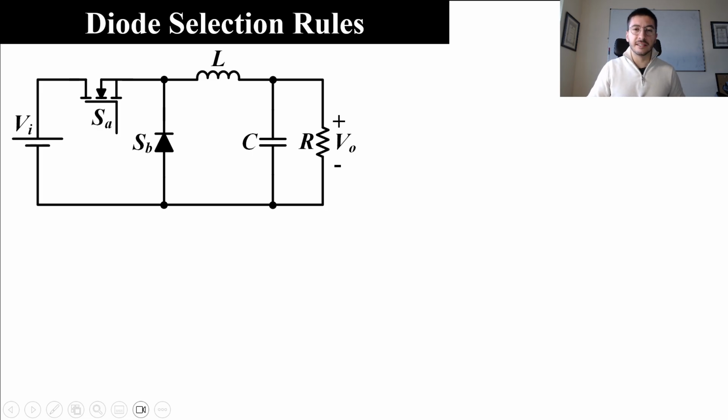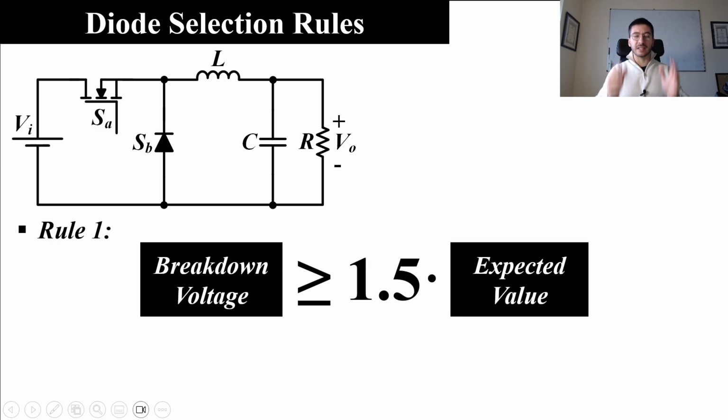Hi, let's see the diode that we choose for our buck converter design. As in the case of the MOSFET, we are going to talk about three rules we have to follow in order to choose this device. As in that case, these rules are personal and they were set considering this specific project and the scope of this project. Okay, so in any case, first rule is the breakdown voltage of the diode must be equal or